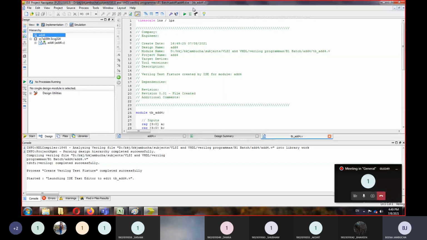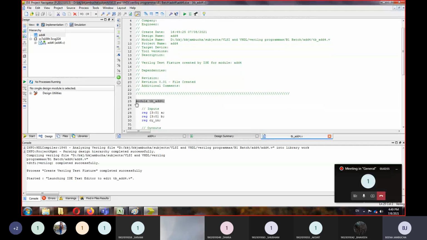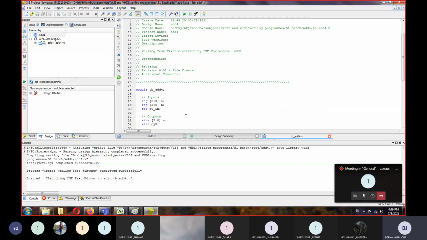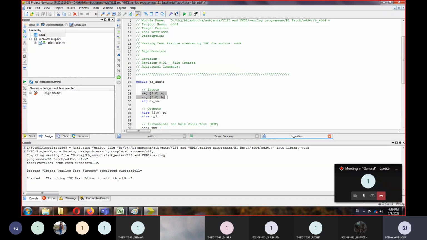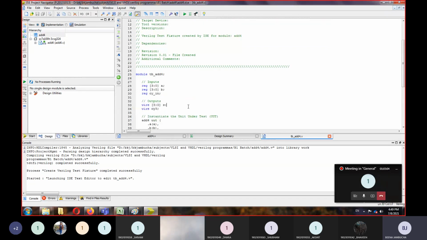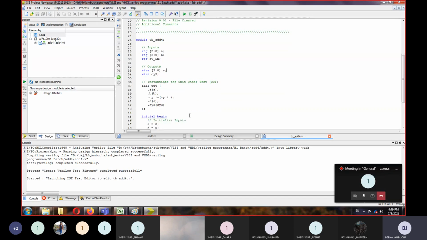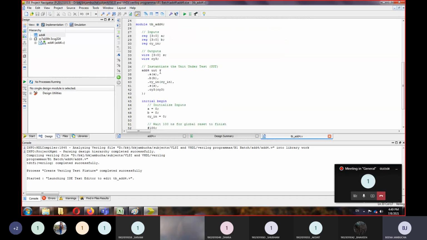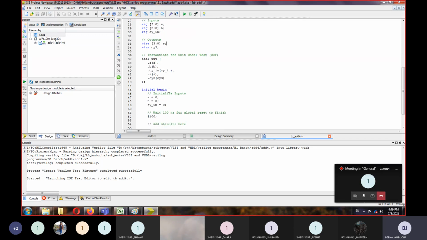So this is the test bench. Timescale is provided. Then module tb underscore add 4. Inputs are defined as reg. Outputs will be defined as wire. Add 4 is our unit under test, whose inputs are A, B, and so on.